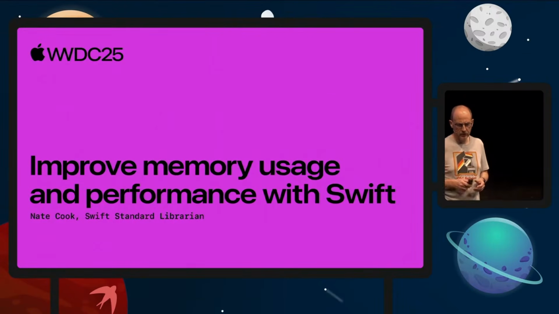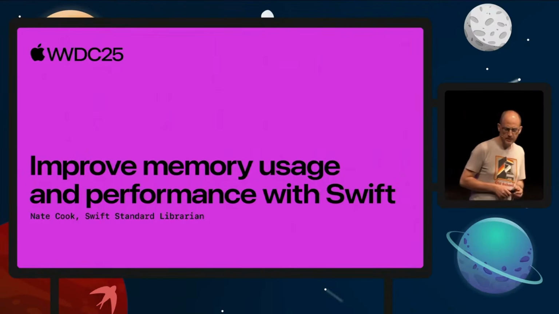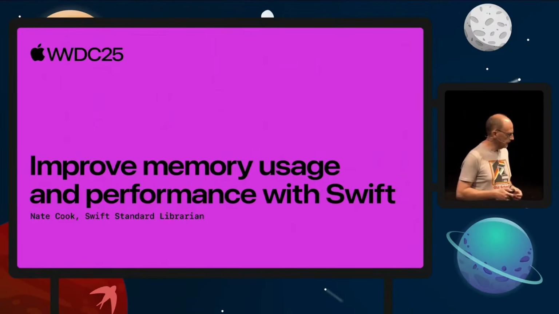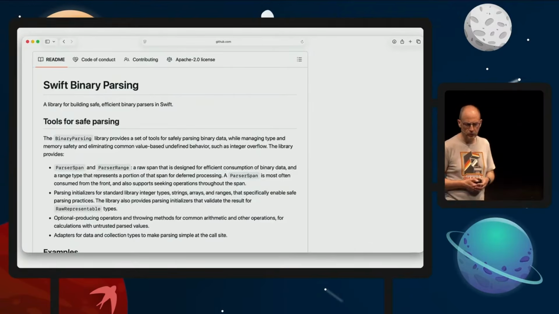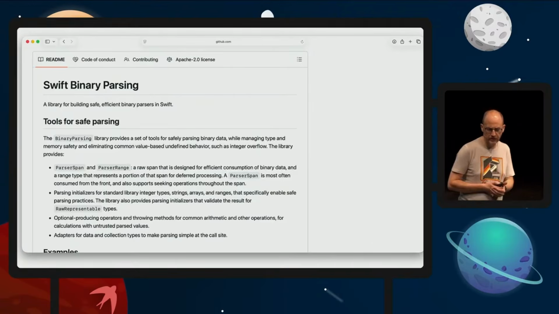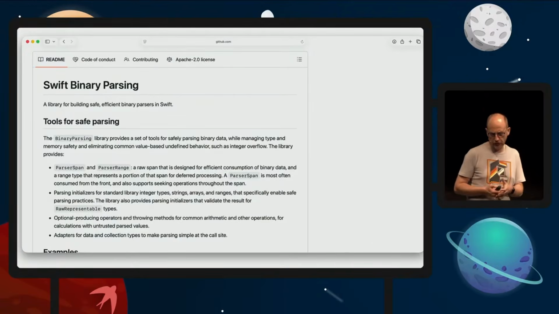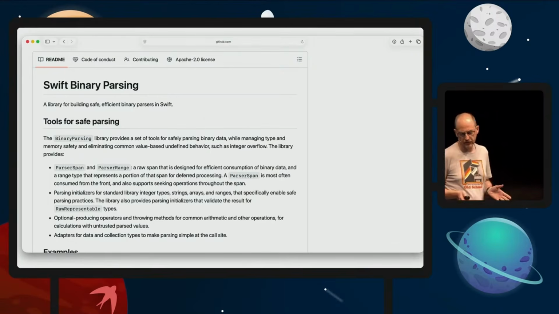And this year at WWDC, there was this session that introduced the span types that are part of Swift 6.2. And they also talked about a package providing a specific span type to facilitate binary parsing. So the Swift binary parsing package. So could this be something I can use for decoding protobuf in embedded Swift? Well, I gave it a quick go, but this package is still in the early stage. It looks promising, but it has some rough edges, and so I couldn't make it work yet, but I'll keep you posted.